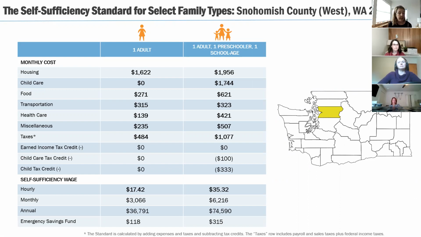And this is the amount needed to cover living expenses when there's job loss, net of the amount expected to be received in unemployment benefits. And this was obviously calculated prior to the COVID pandemic, which has really shifted the context around unemployment and benefits that are associated with that. So there will be more research to be had once we start getting the data from unemployment from COVID. And I should say this is for Snohomish County West. So these are the costs for these family types in Snohomish County West.